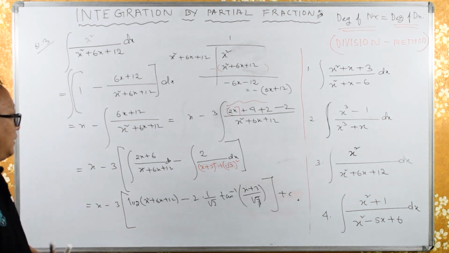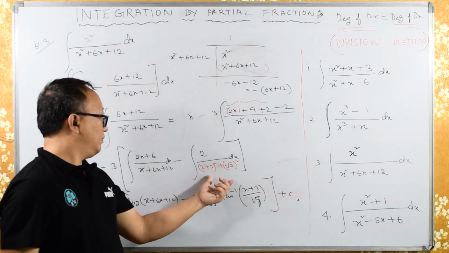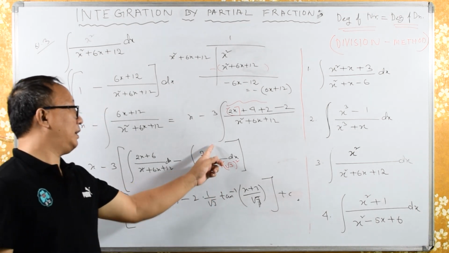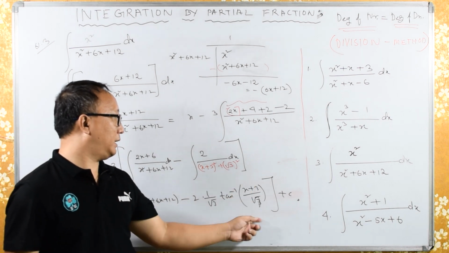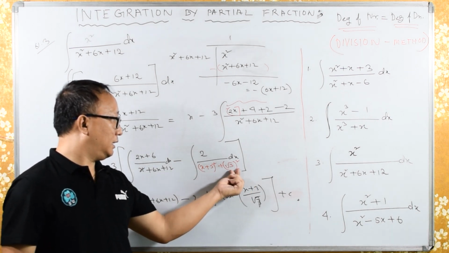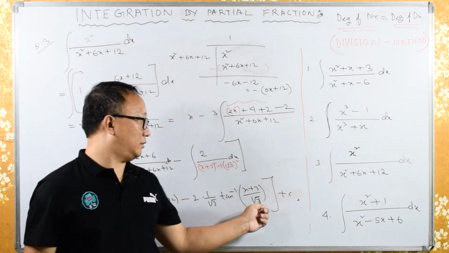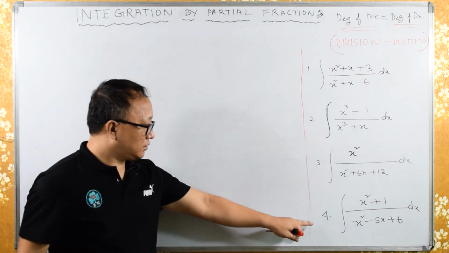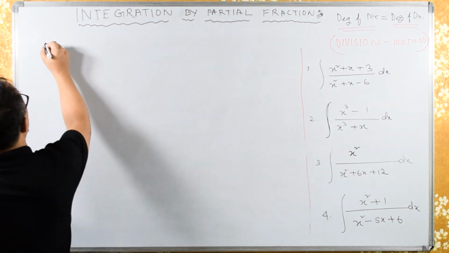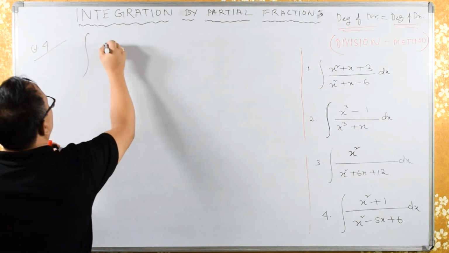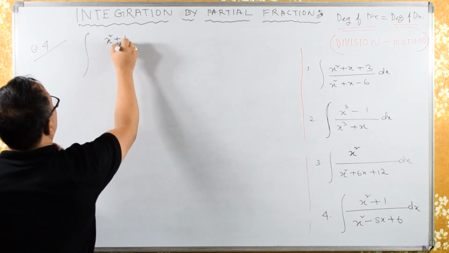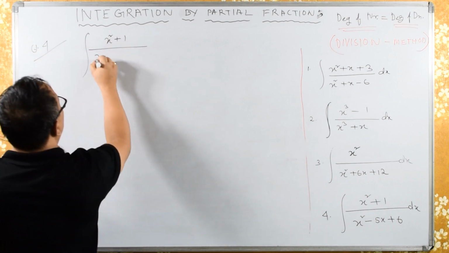This is the required answer. Okay, because we have 1 upon x square plus a square is 1 by a, tan inverse x by a. Here this is x, here our a is root 3. Okay, now next question is for, let's see, for question we have x square plus 1 upon x